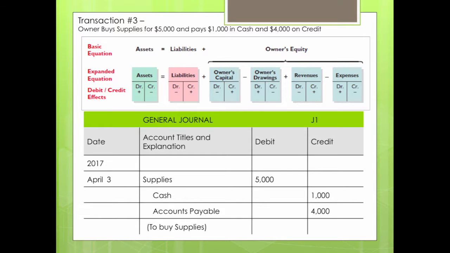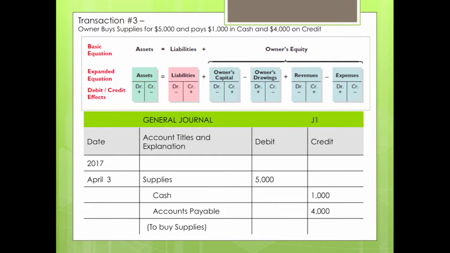And that's because we are decreasing our cash account. We're paying $1,000 out of our cash account. So we record that as cash, indented to the right because it's a credit, and we record $1,000 under the